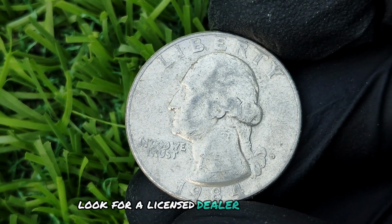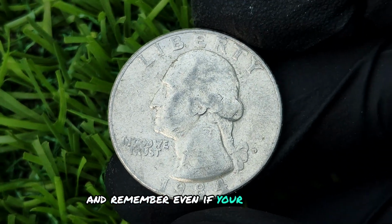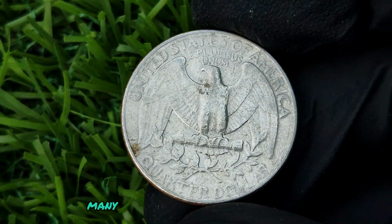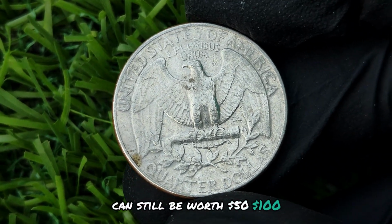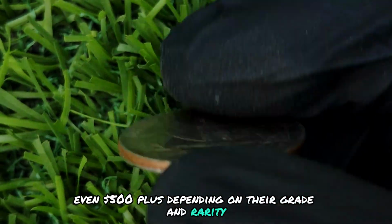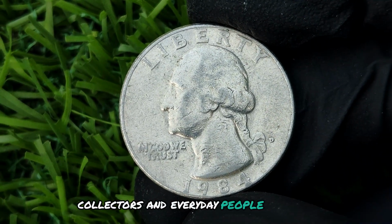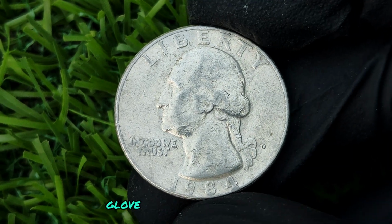Look for a licensed dealer in your area or online for an appraisal, and remember, even if your coin isn't worth millions, many quarters from the 70s and 80s can still be worth $50, $100, even $500 plus depending on their grade and rarity. Collectors and everyday people like you have discovered rare coins in change jars, glove boxes, and